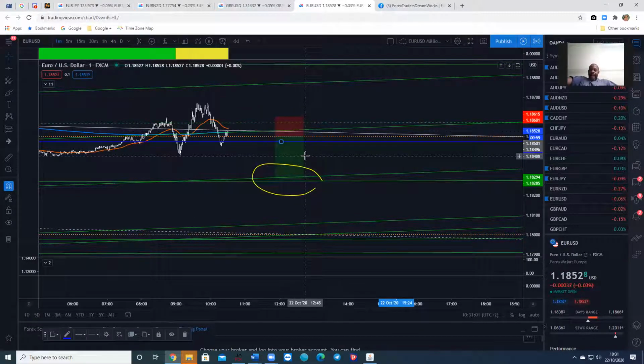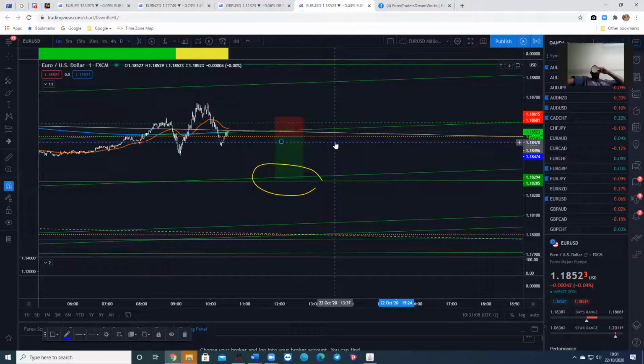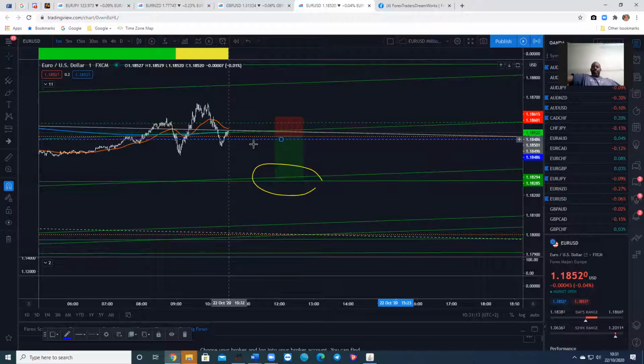Next level up. So I'm thinking, number one, what's the governor going to say? How's that going to affect the euro? Number two, can I get my stop profit in because of that to 1 pip? But you want to be 3 pips behind your 62. So you want that to come down. Otherwise, price will want to come back up and test major levels. If you followed how your price moves when you're in a trade, you'll see it will come back up to that 62. So if you've put your stop profit in below the 62, you're going to get stopped out of the trade because you haven't given price enough room to breathe.